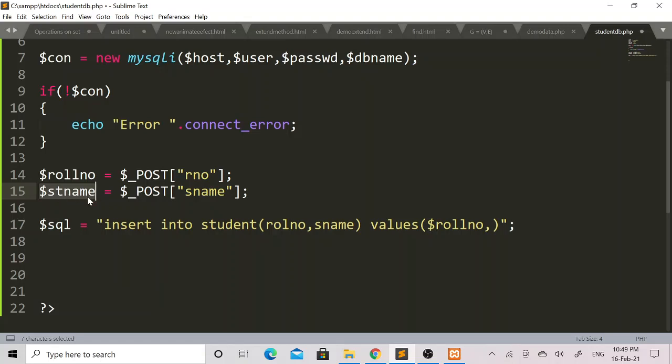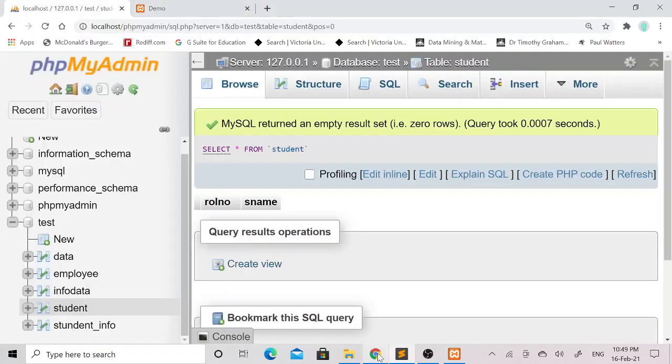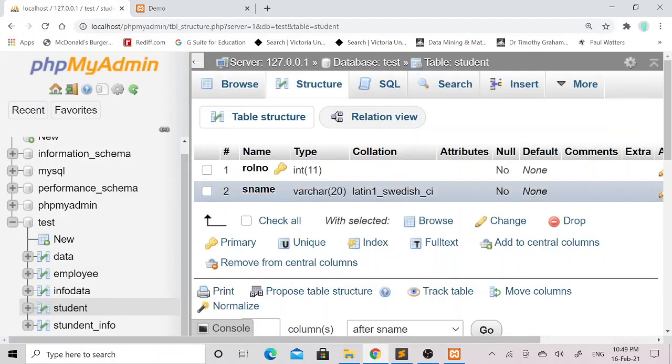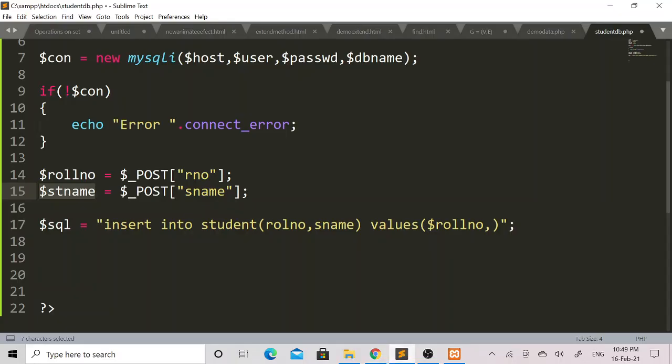In order to add the student name, in the structure of the student table you can see that I have set the varchar data type for the sname column. So to store the student name, within double quotes I need to mention this $stname variable.